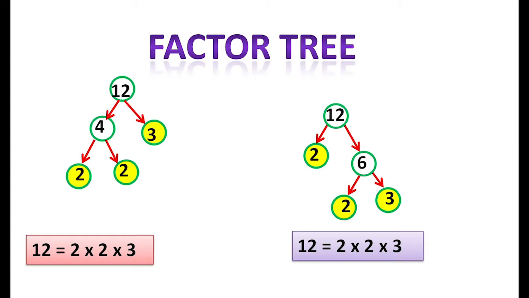And this method is called prime factorization. That means the given composite number we have to split it into product of prime numbers. 2 and 3 are prime numbers and we know that 12 equal to 2 into 2 into 3. 2 2s are 4, 4 3s are 12. And 2 into 2 into 3 is called the prime factorization.